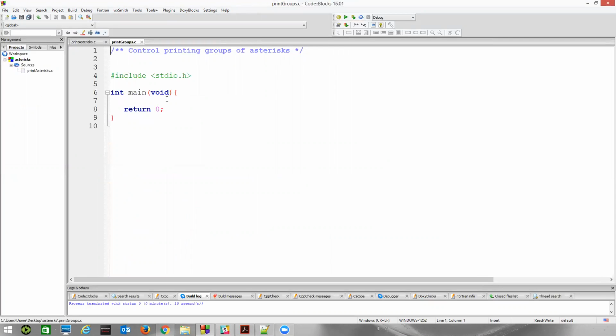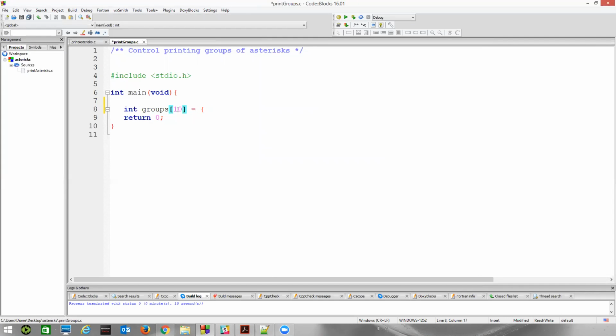What I would do in this case is create data to represent a group of asterisks. So once again, our data, integer, I'm just going to call this array groups. Right now, I'm just going to make this an array of 1, and I'm going to store a count in this array, that count we had of 47. Actually, no, let's do this. Let's make